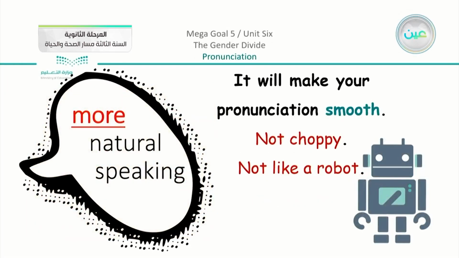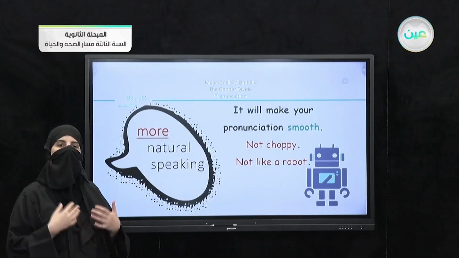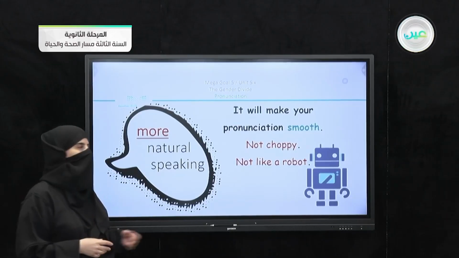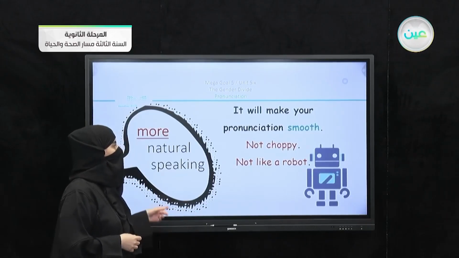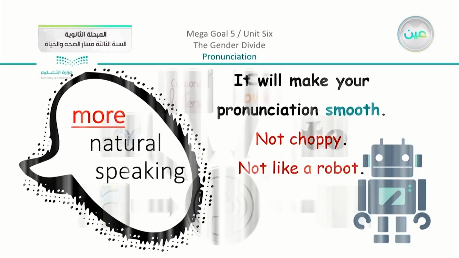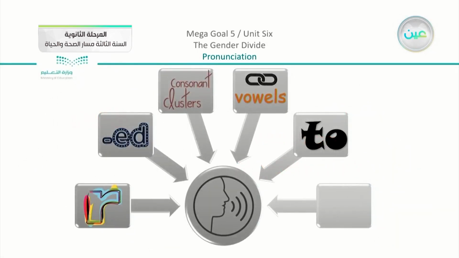As we decided or agreed before, you will make your pronunciation smooth. You have to make sure that it is not choppy, you are not speaking like a robot, and you have to learn how to make your speaking natural. Now moving on with our lesson, or the part of the lesson actually, which is related to the parts that